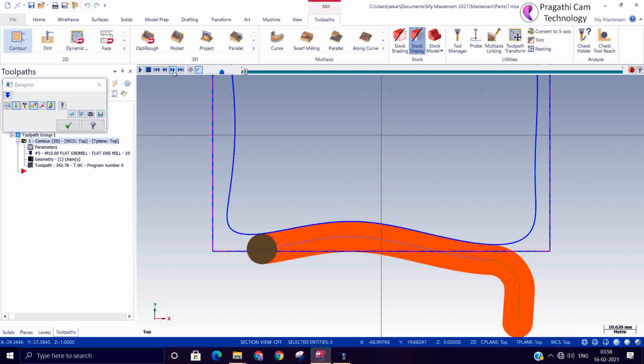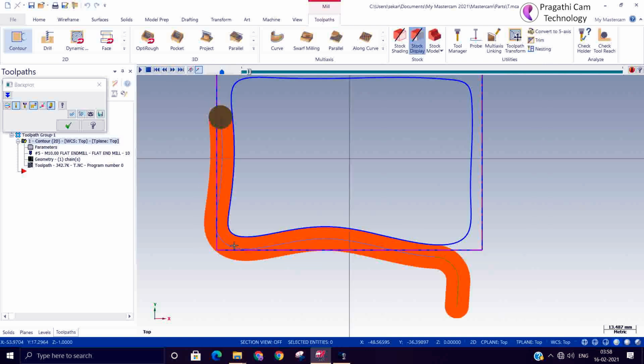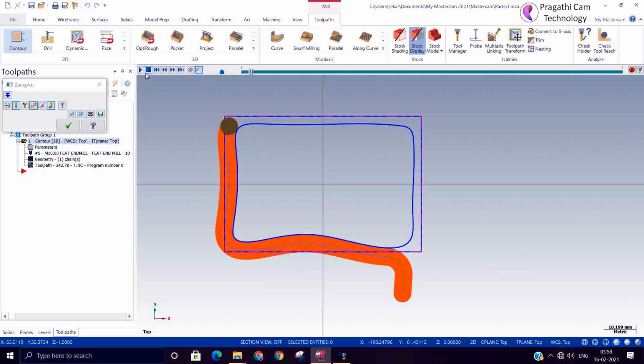Here it's okay, but here you can see the cutter diameter is 100% engaged. By doing this, the load on the cutter will be more. If less material is to be removed, then you can use single pass cutting. If more material is to be removed, naturally you cannot go by single pass.